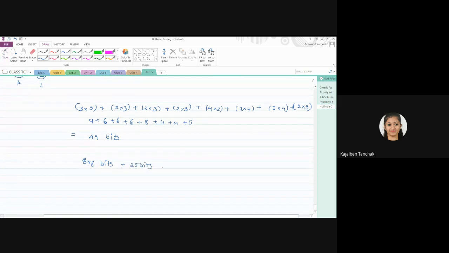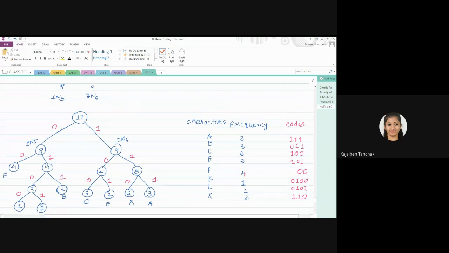And this 49 bits. So the total answer is what? 16 plus 25 plus 49. Total 90 bits are required to send this message. Fine. So this is how you can calculate total bits, and this is how you can assign the codes.